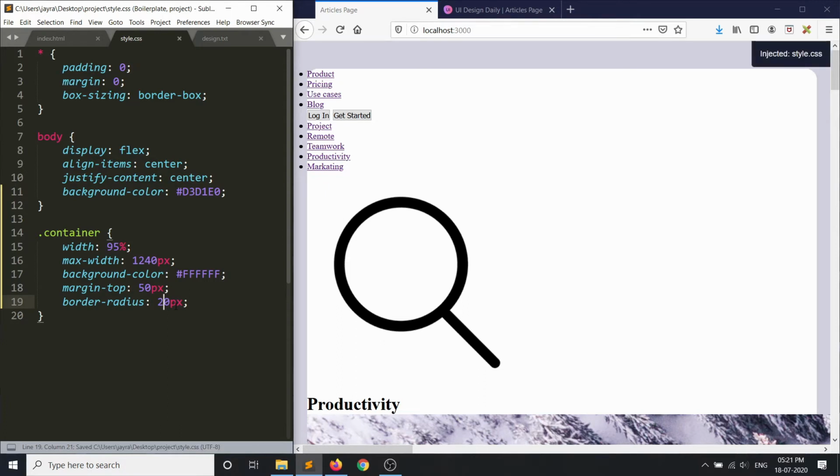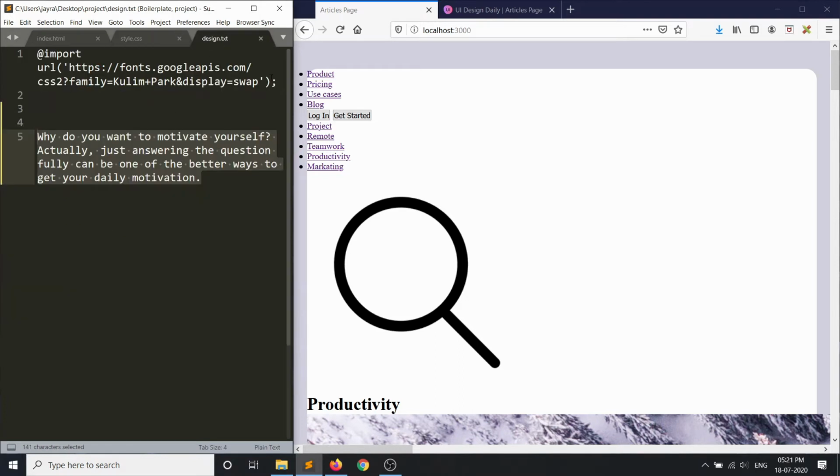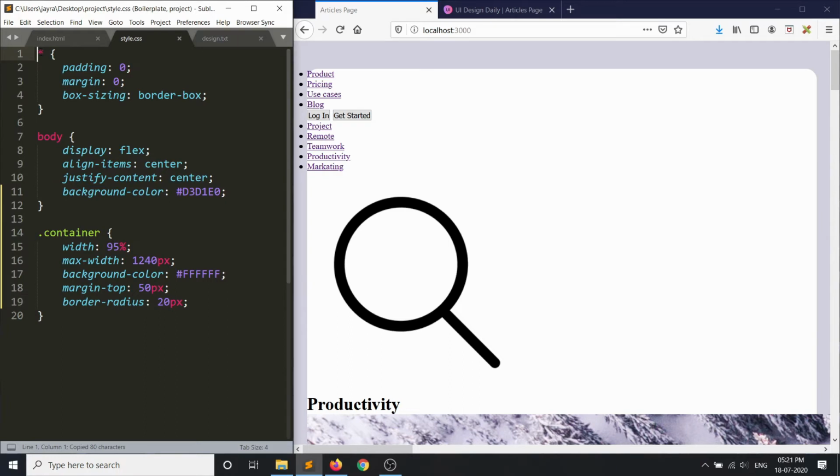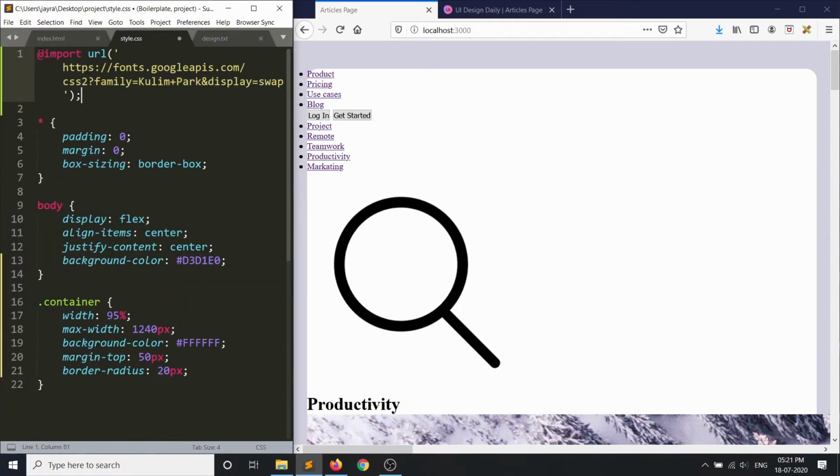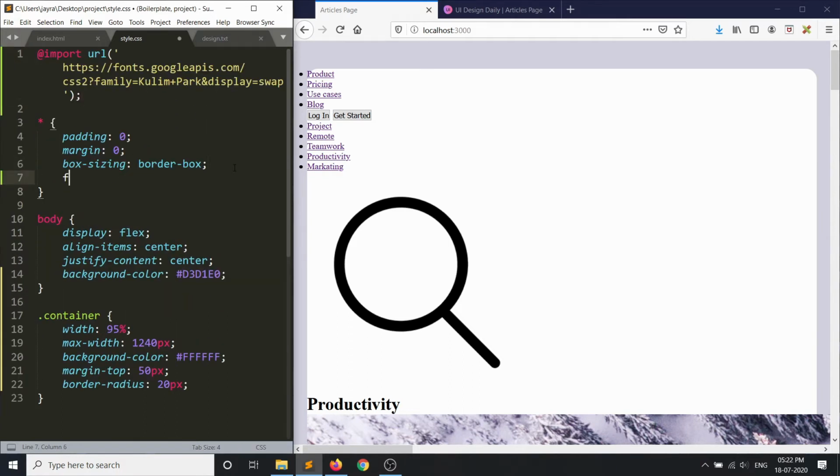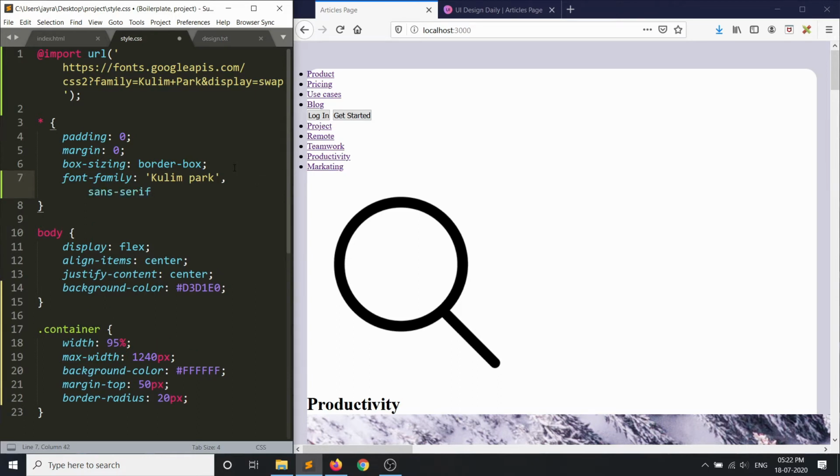All right, let's change the font family. I don't like the font we have right now. Control C, let's put it at the top. Control V, and here we'll just say font family colon Park, comma sans serif. Okay,